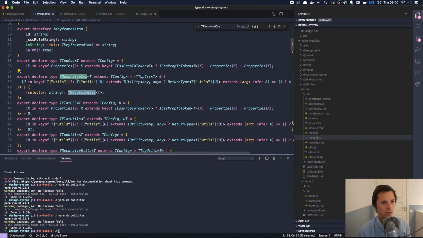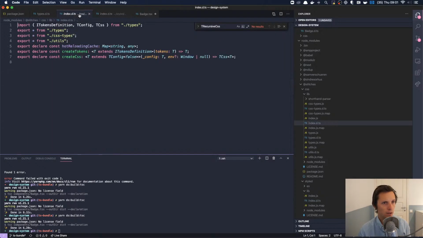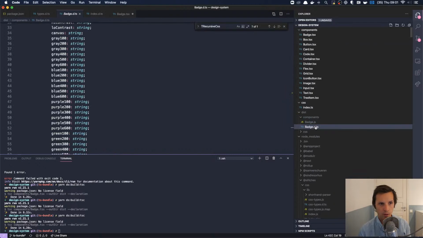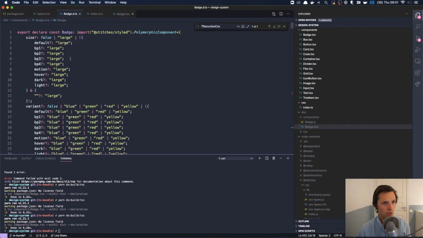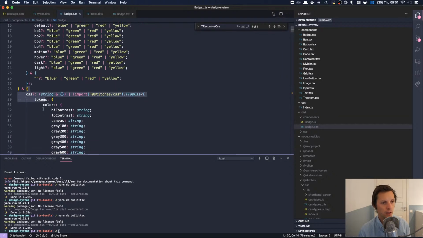Why doesn't it decide to use T-recursive CSS? Where did it go? Why doesn't it choose to use T-recursive CSS here directly? Or I mean here, sorry.